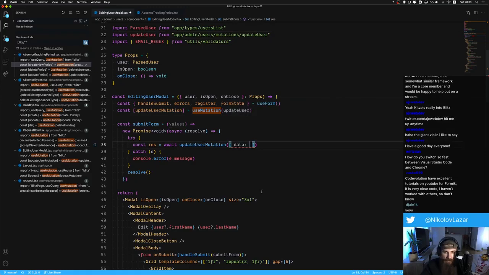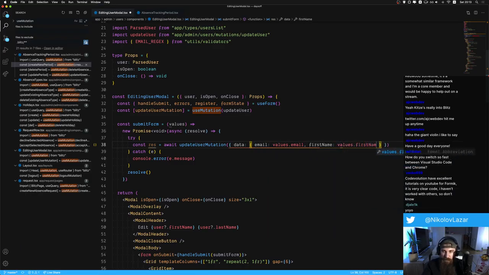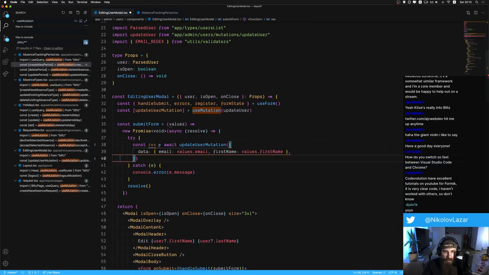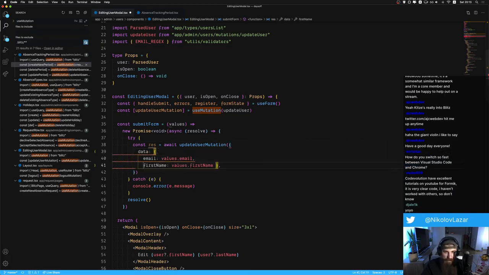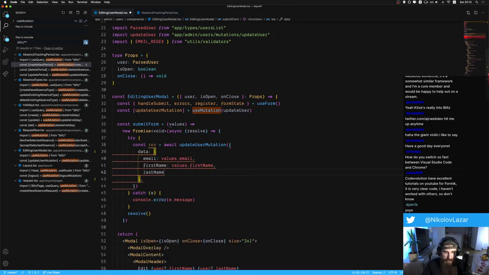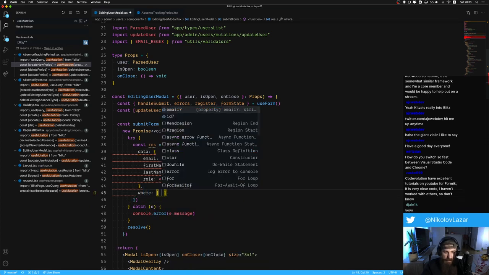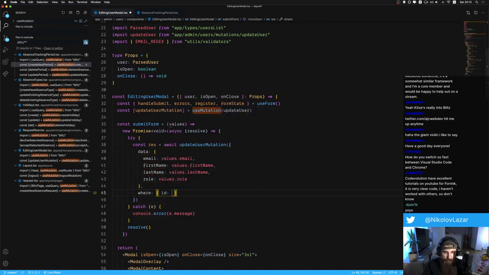Nicely done. Okay, so data will be actually what? Email would be values.email. First name would be values.firstname. So this will grow quickly, and let's just put everything into its own line. First name, last name. And then we'll go role, values.role. Okay, that's the data, and where is actually ID will equal